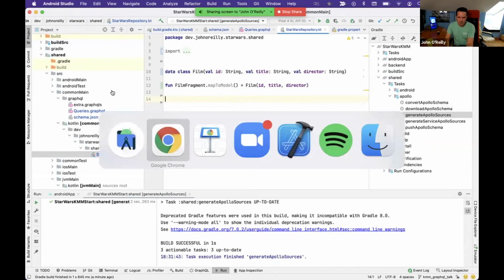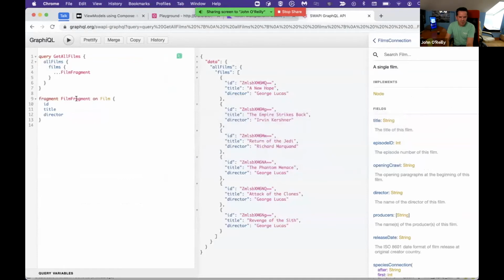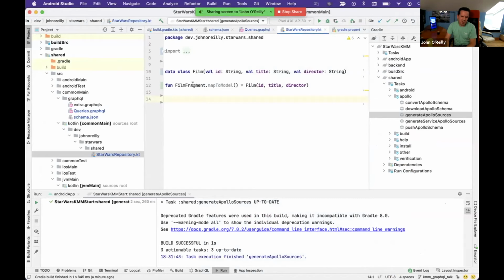In the query earlier, we had this concept of film fragment, and that's going to map over to a data class that's generated by Apollo. So we're going to use this film fragment here. We're going to add an extension method to map. What you do in your own particular application may vary. It's generally seen as a good practice to map the data model from what we're getting from perhaps something like GraphQL to what we're exposing from our shared code. You don't necessarily have to do that, but in this case, we just add an extension function to film